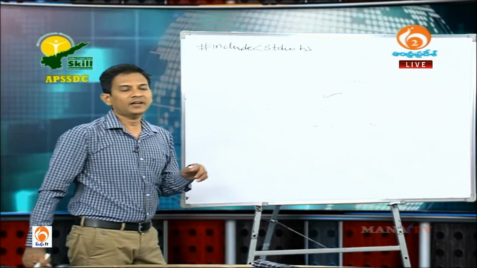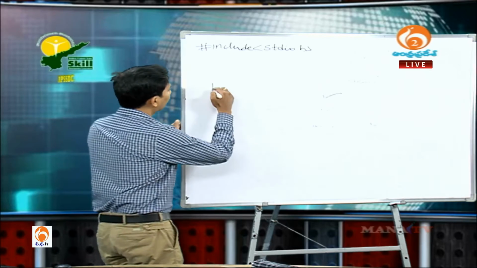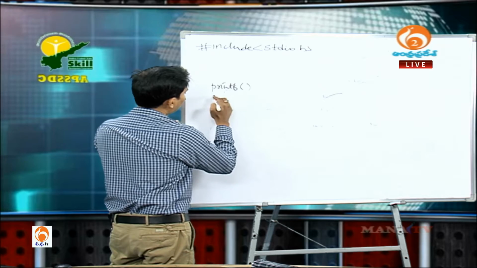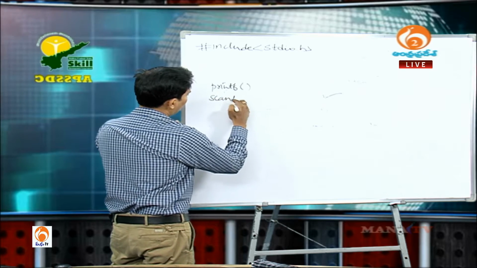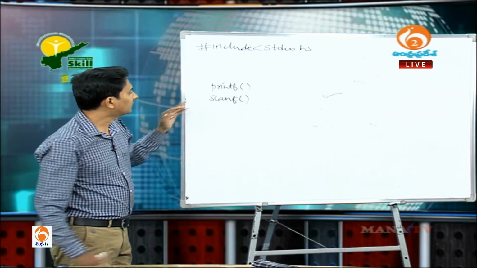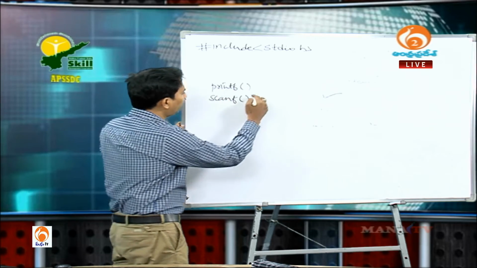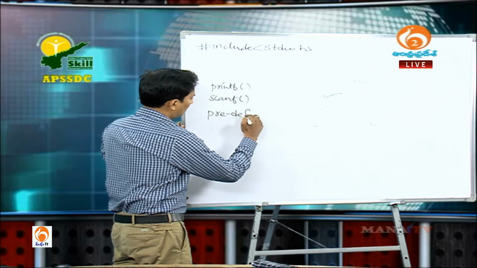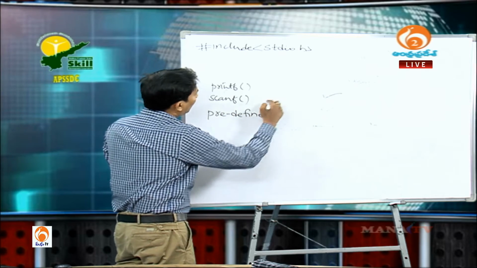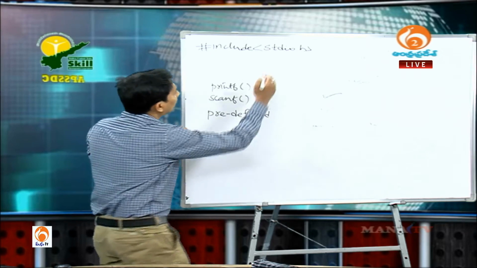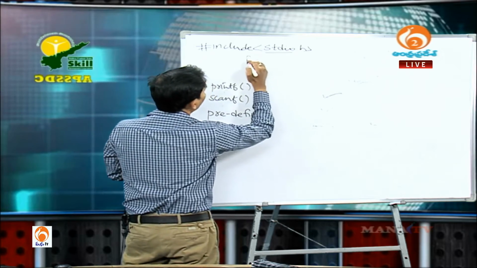This header file is used for printf and scanf. The meaning of this is that scanf and printf are predefined functions, and they are defined in the stdio.h header file. This is the name of the file,